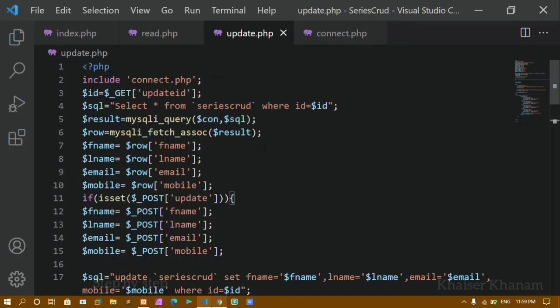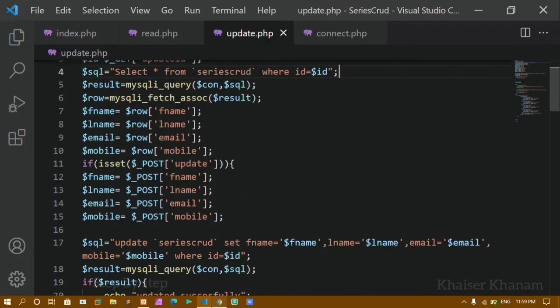Now I'll explain to you. This ID I'm getting from the URL. Whatever ID I'm getting, I'm storing inside this variable. Now here I'm writing one query, select star from my table name, where my ID matches with this table name ID, I want to select only that data from the table. To execute this query, we have to use this MySQLi query method, and it will take two arguments.